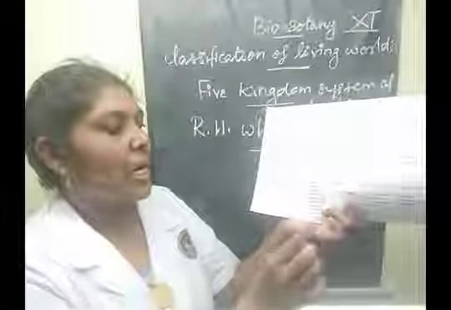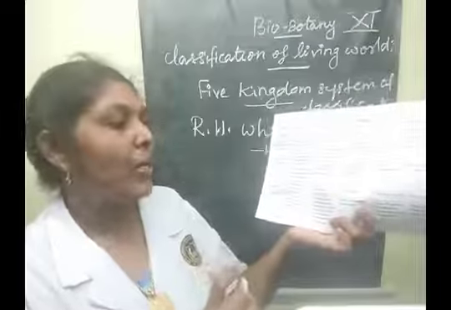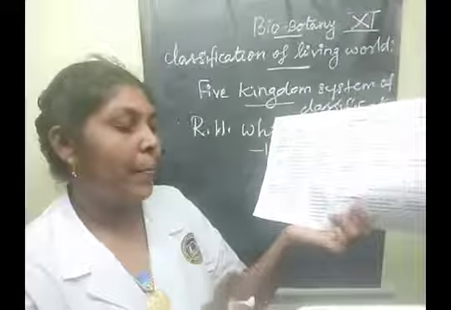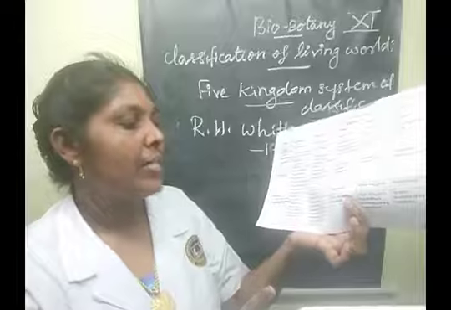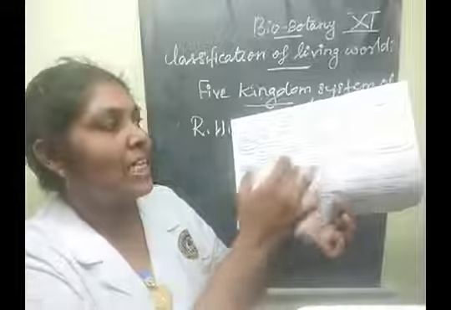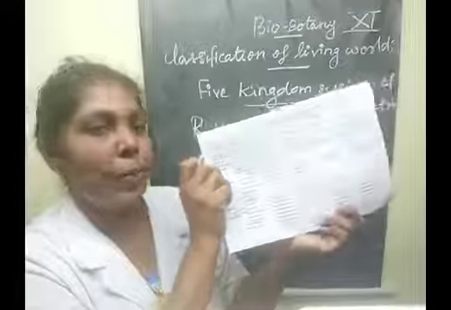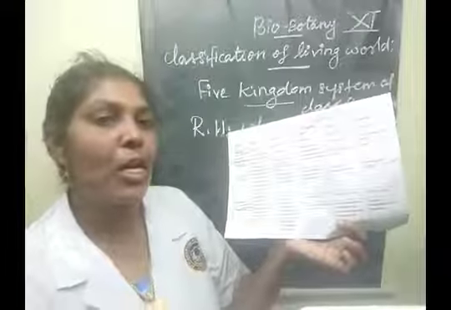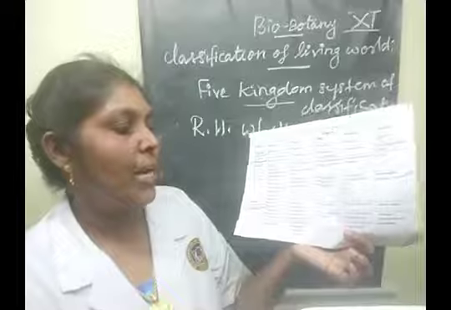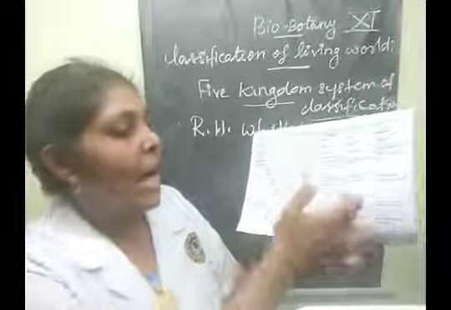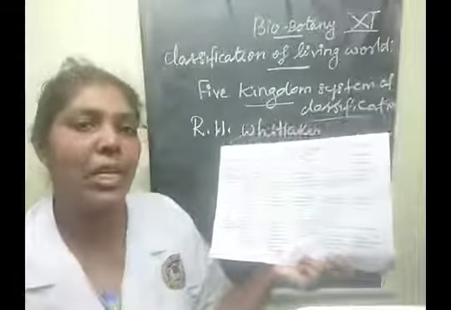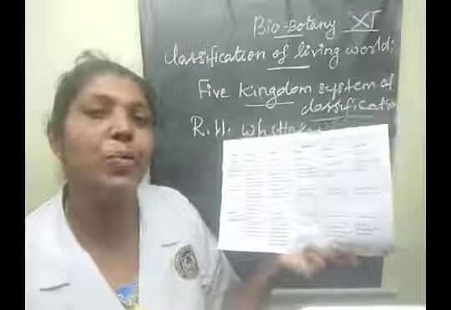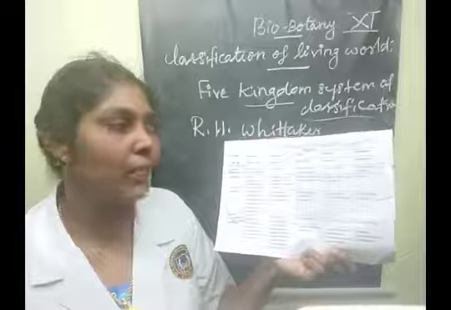Protista comes under dinoflagellates, euglenoids, slime molds, amoeba, paramecium and plasmodium. So these are the examples that come under Protista. Then fungal organisms mainly come under mushrooms and mold varieties. Then Plantae, here they come under the groups of algal plants, bryophytes, pteridophytes, gymnosperms and angiosperms. So these are the items.